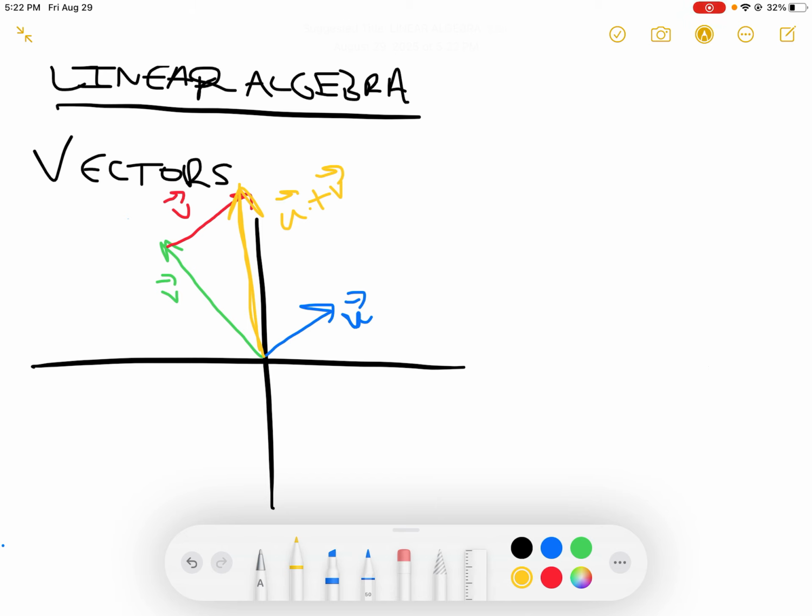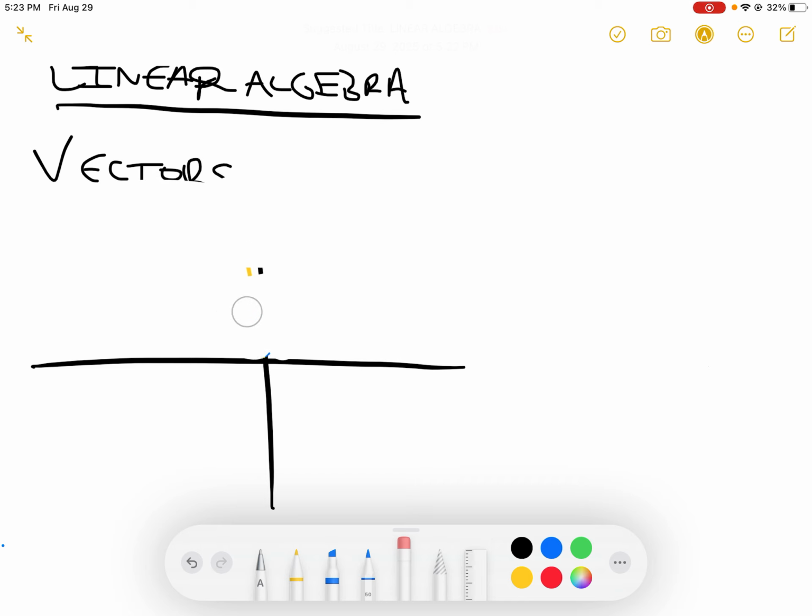Now, something else that you can do is subtract vectors, but it's going to be the same process as adding, because what you end up doing is just adding the negative instead of subtracting. So let's say that once again, this is our vector v, and this is our vector u. What if we wanted to subtract them? Well, you instead would just add the negative